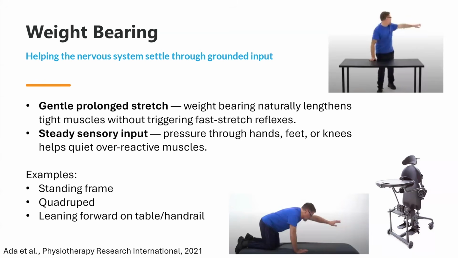If it's spasticity in your lower extremities, like your hips and your legs, it's often in a standing position, either standing with some support by a therapist, a caregiver, or in some kind of equipment like a standing frame, as seen here. If you're having a lot of spasticity in your wrist and your hand, it might just be applying some weight and pressure to the hand. So perhaps, as shown here, leaning forward onto a table,